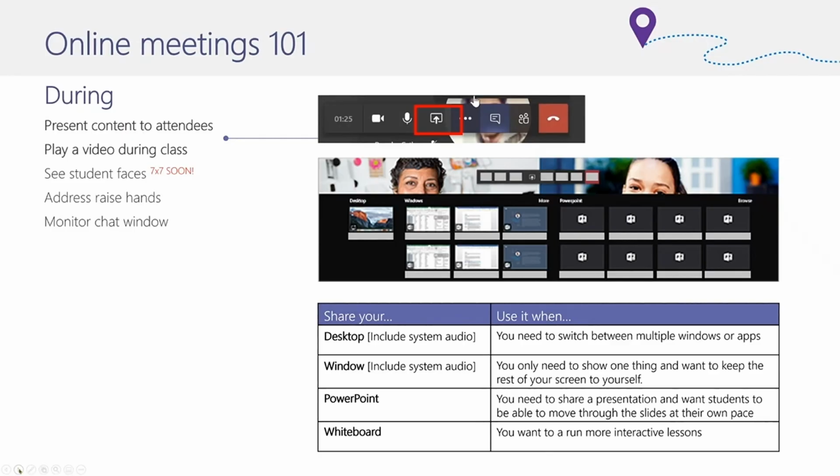Thanks very much to Jill there for taking us through how she's using some of her polls within her student lessons, and we're going to talk a little bit more about that in a moment.